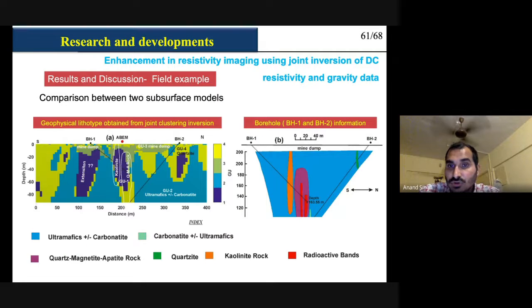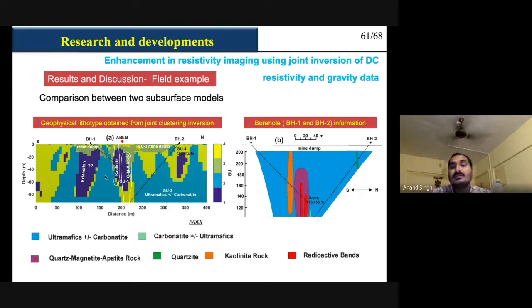But if you compare your result with the borewell information, with BH1 located over here and BH2 over here, you will notice that the geologic model is following the same pattern. For example, the drilling direction of borewell 2 was like that, exactly the same. So this is one geologic unit you got, and this one you got over here. This is actually quartzite. This quartzite unit is over here.